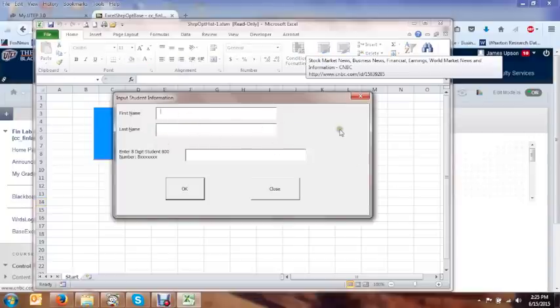It's going to ask you for your first name, in which case I'm going to enter James, your last name, Upson, and then your student 800 number. I'm just going to type in a fake number here. Now it's important you type in your actual 800 number. This is going to be utilized to make sure that the right person is turning in the correct file. In addition, there's a computer program that does the grading for the Excel worksheet, and it's going to assign the grades and everything based on the 800 number. And if you're curious where your 800 number is, it's on your student ID. Then you're going to click OK,